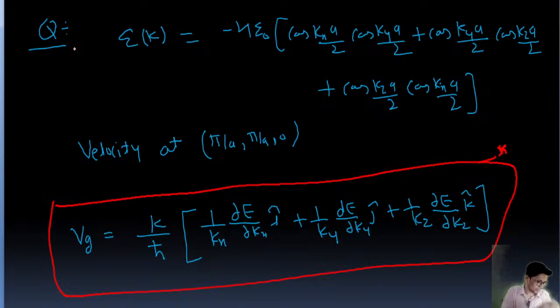Now I will solve the question. So we are not writing in vector form, so this is the formula, guys. Vg equal to k upon h cut, 1 upon kx del E over del kx plus 1 upon ky del E over del ky plus 1 upon kz del E over del kz. Now simple, we can differentiate this with respect to kx, ky and kz, and we'll put the value, we'll get the answer. So Vg, that is group velocity, is going to be